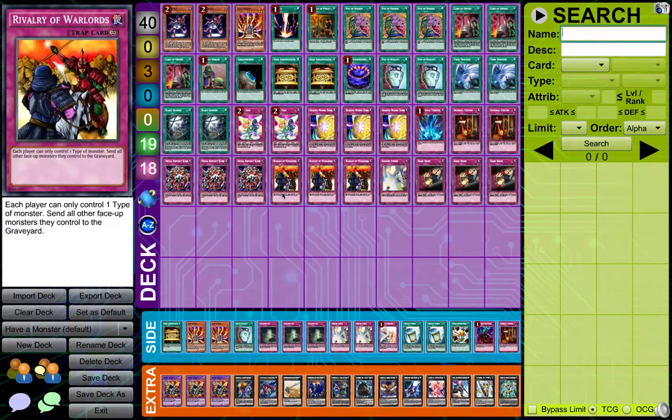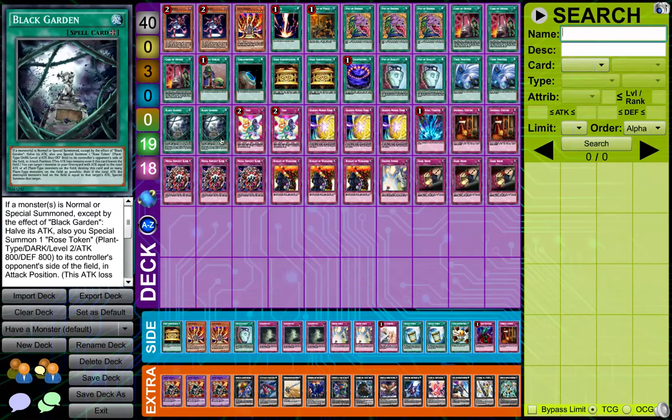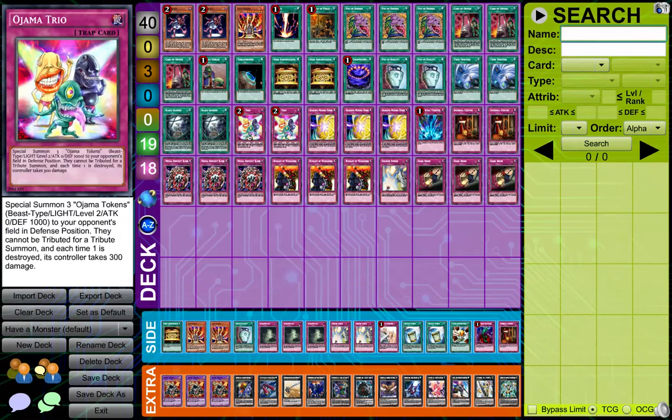I'll get the effect that each player can only control one type of monster, sending all other face-up monsters they control to the graveyard. So if it's a Black Rose token, it's a plant type, and if it's Ojama Trio, it's a beast type. So a lot of decks are going to be shut down by that because they won't be able to play around that. They won't have many cards in their deck that synergize with either a plant or a beast type. Now, yes, of course, there are ways of getting over it. You can set monsters, you can obviously tribute them,